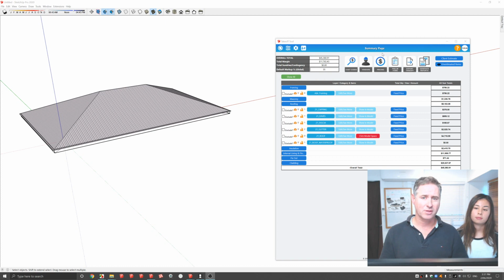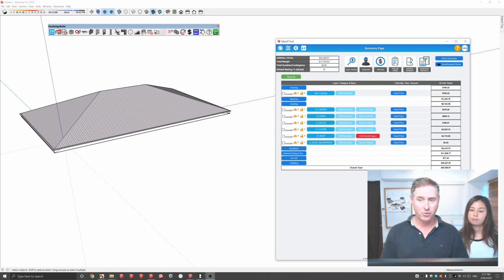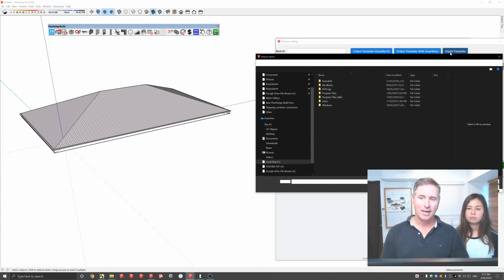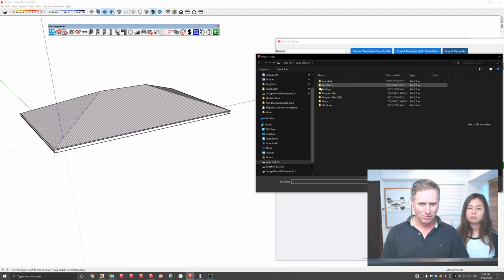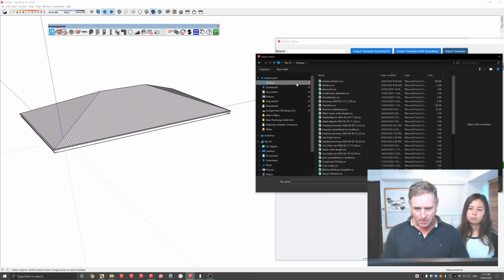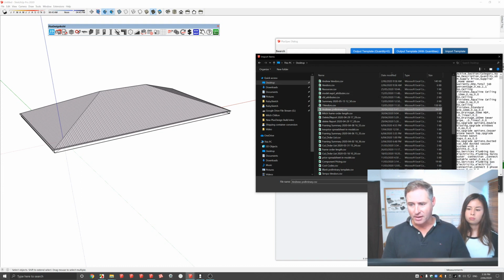Preliminary items is one of the biggest improvements we've made, not only to our Takeoff, but also the ability to use non-PlusSpec derived geometry to do a Takeoff. You'll notice here that I don't have anything inside of my Takeoff, so I'm going to import a template. And basically, this template would be something that you would probably take out of, just find this preliminary items, out of, say,